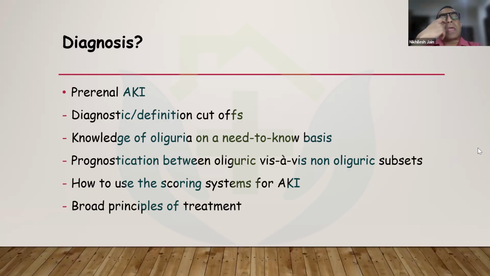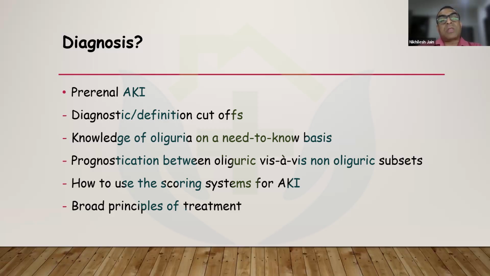It's a pre-renal AKI. Now, what we need to know in this, or what may be asked out of this, are the diagnostic and definition cutoffs. Now, we've done all the three criteria, RIFLE, AKIN, as well as the KDIGO criteria. The KDIGO criteria is the one which is supposed to be the most valid. In the past class, I also covered that we need to know about when to intervene in oliguria,